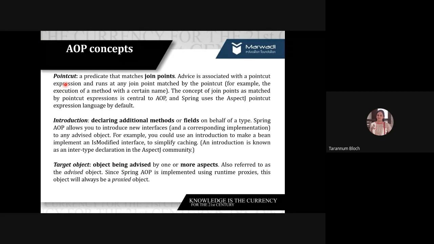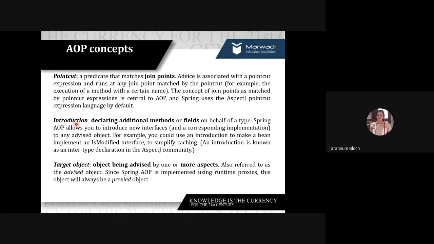So if you have the entire chain, you can call it an interceptor. As well, we have point cut. A point cut is a predicate that matches the join points. Usually, the advice which is associated with the point cut expression, we call it a point cut. So when I have a class and a method which is running in it, the method which runs with a certain name, coming from a flow somewhere in your software, at that time we call it a point cut. So point cut is an expression language. You have the AspectJ point cut expression language, and we can use it in our code.